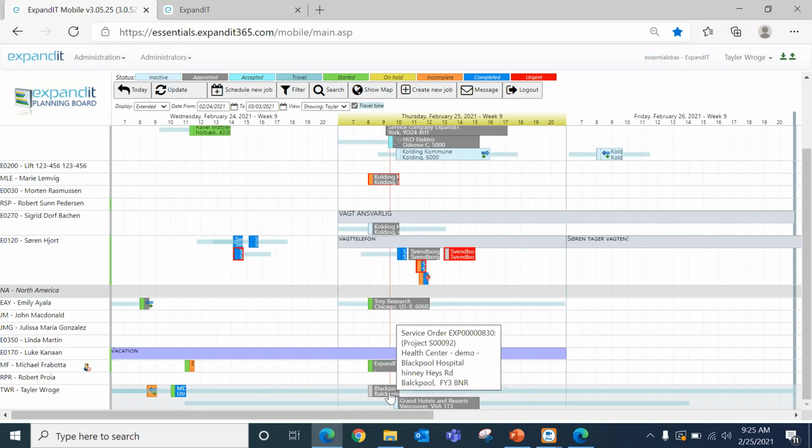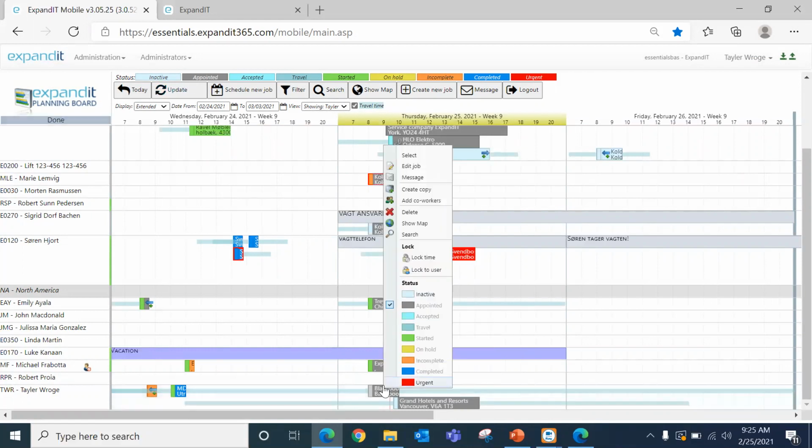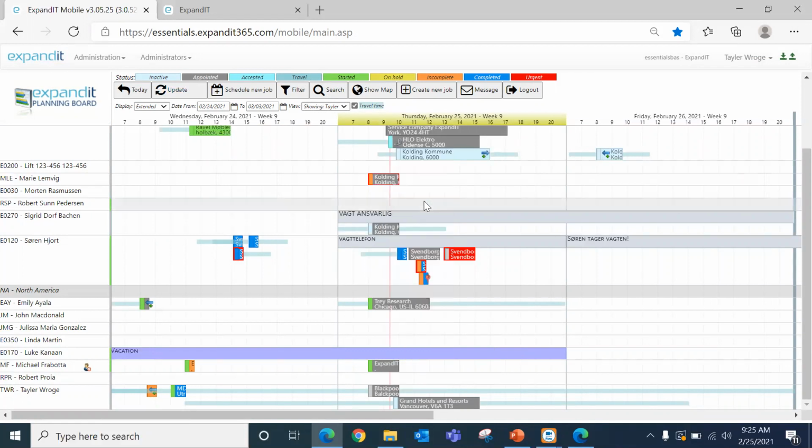All right, so that is how to add a job or create a job within the system. Now I want to show you being able to add coworkers from the planning board. So rather than going directly into the work order, you can add a coworker here. If I go to the entry I just created and right click on that entry and select add coworker,